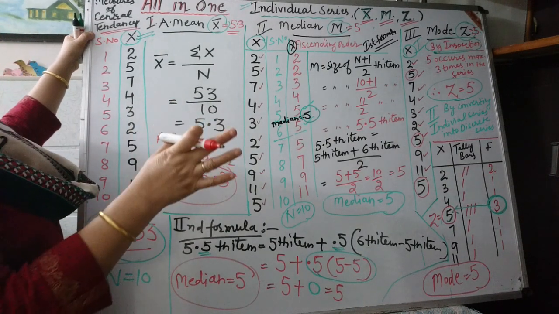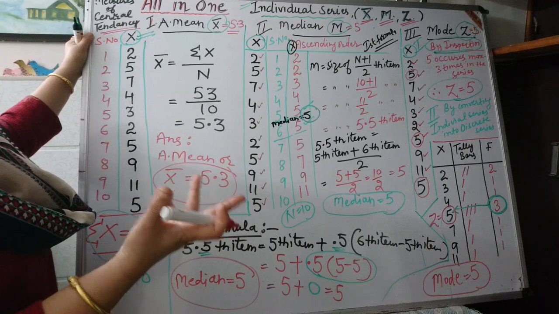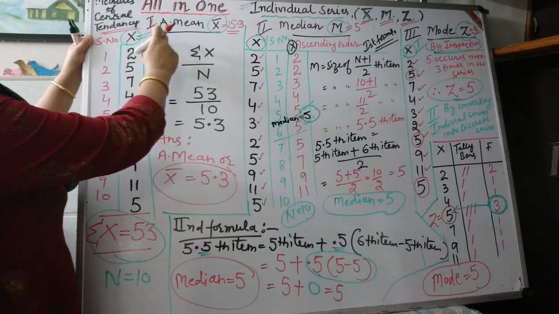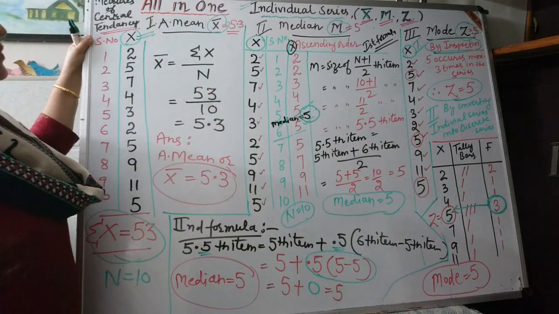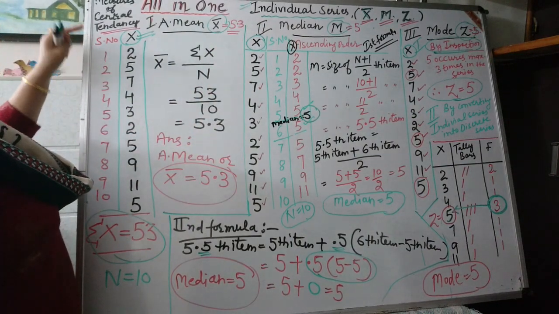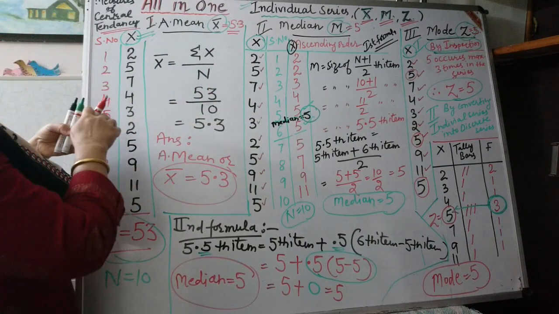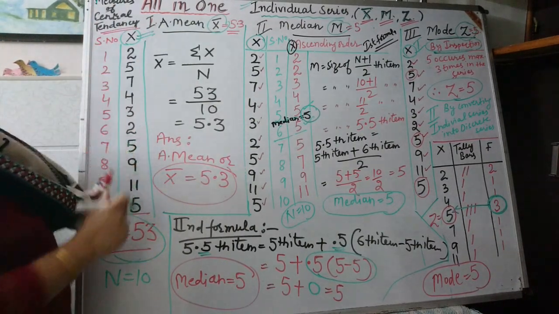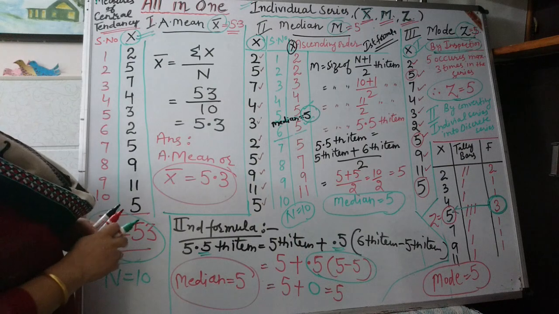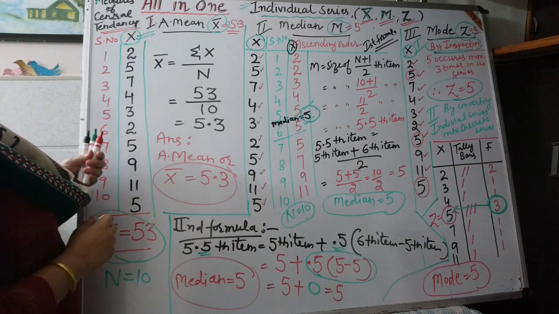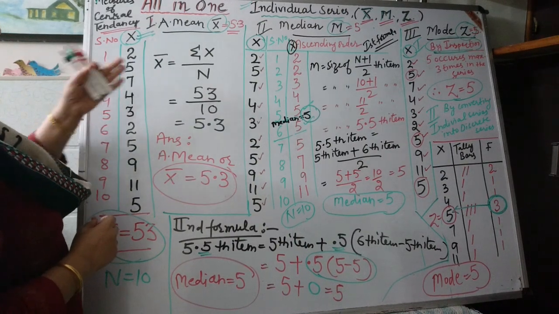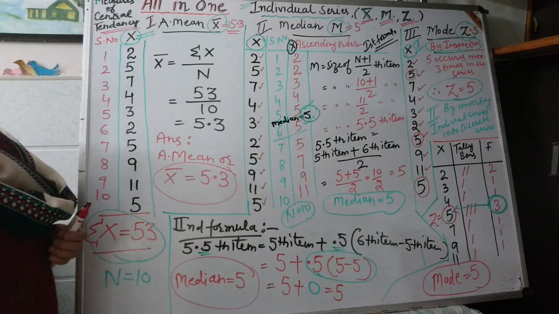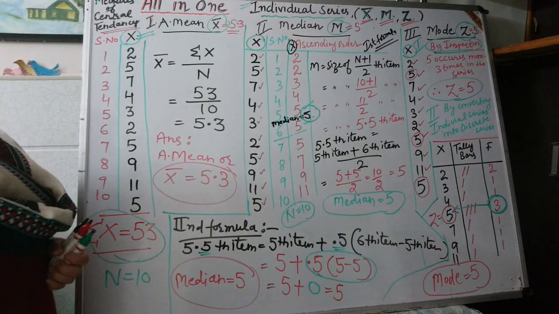It was not specified that you have to calculate only arithmetic mean, median or mode. Measures of central tendency means you have to calculate all three. So the question was to calculate measures of central tendency with the help of the given statement, and the value of x was given. We have converted the value of x into arithmetic mean, median and mode and found the answers by all three measures of central tendency.